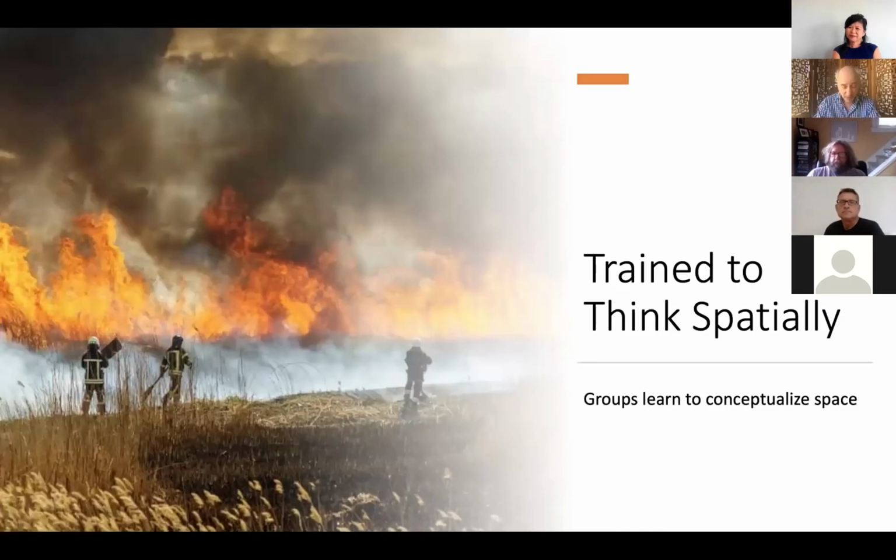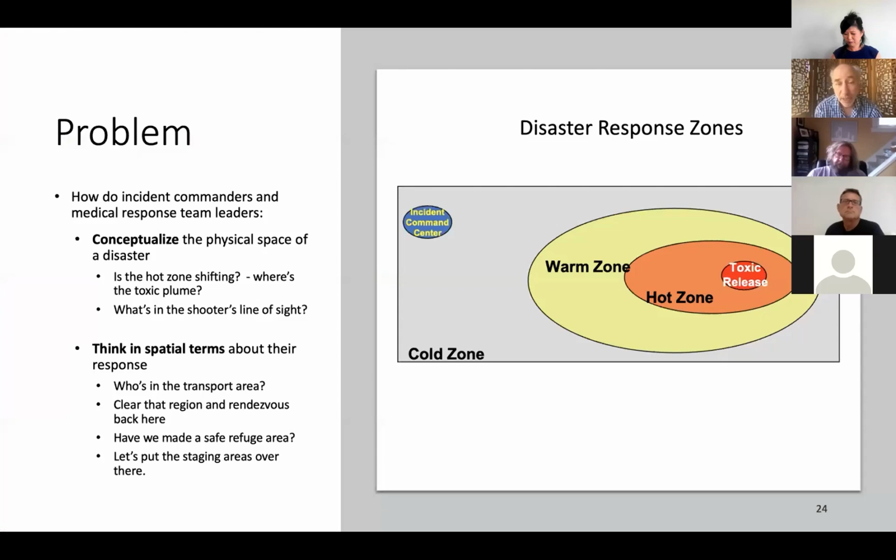The last thing I want to talk about is that we can be trained to think spatially. Obviously, the football players at the very beginning, when they're told about a football play, are going to be thinking about the space in terms of how the players are supposed to follow the play in space and time. In the case of disaster response, which is a topic I worked on for 5 years, we studied how first responders learn to conceptualize space. That was my interest. The first thing you learn is that if there's a disaster such as a toxic release, say in a building, the first thing the first responders to the scene do, typically fire people,